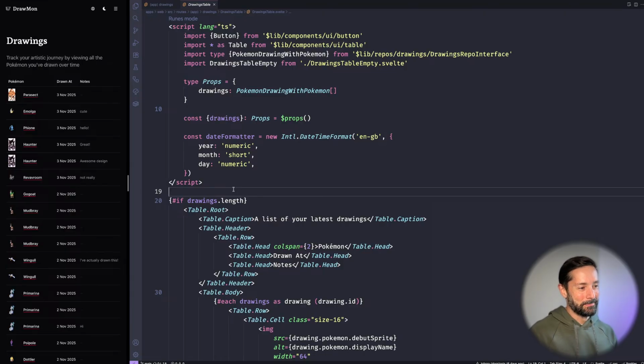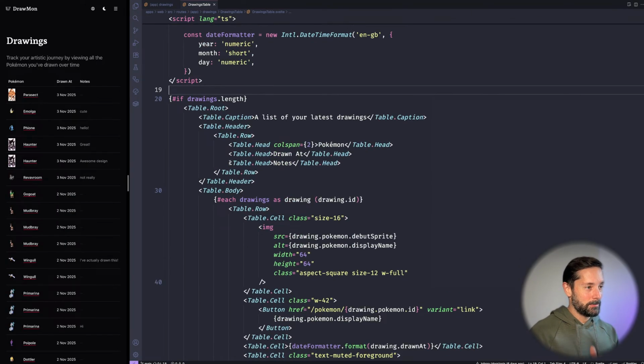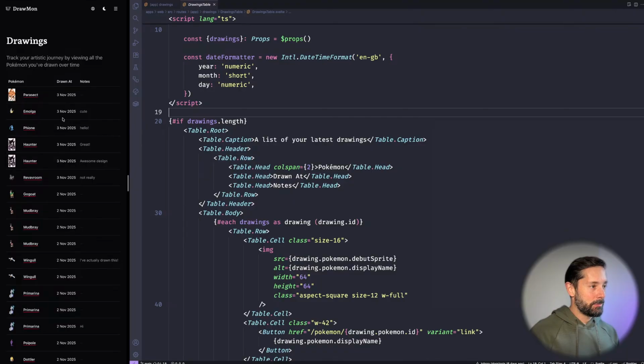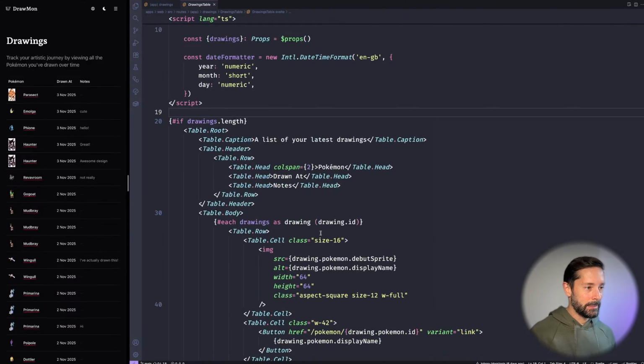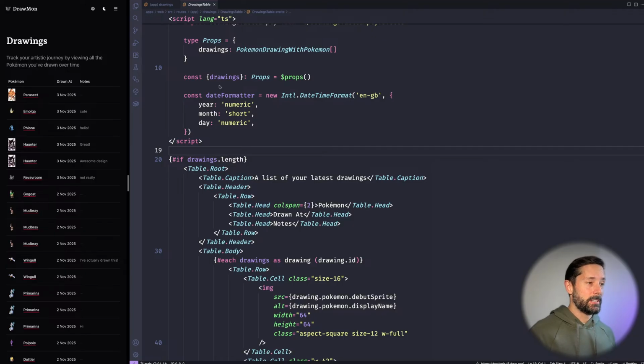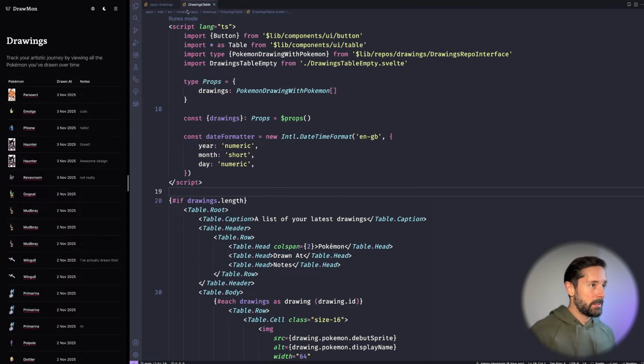I know you're watching. So we have this drawings table. We have a few cells with the essential stats. Really, we want another cell in the end to be all the actions. So that's where you'd put like the edit operation and the delete operation as well. We are using remote functions for queries all over the place already. So maybe let's go